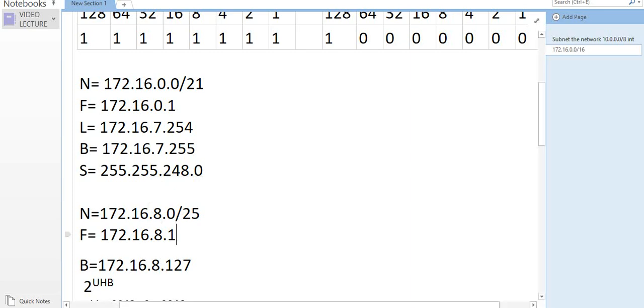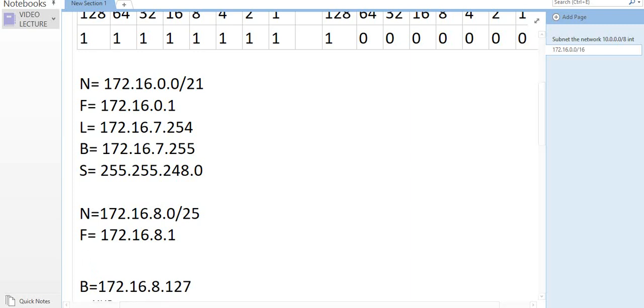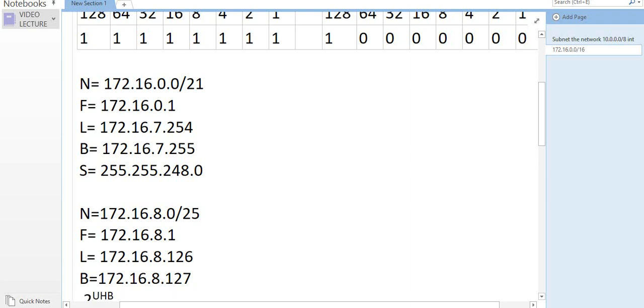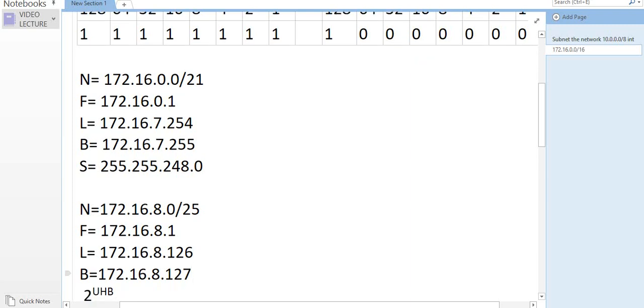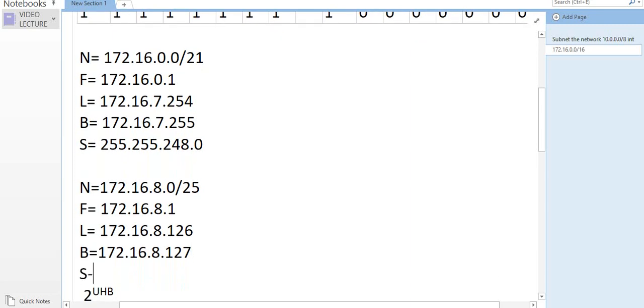So the last valid IP address would be, sorry about that, sometimes it will be a slip of the tongue, so I'm going to try to clarify it more and more so you guys can follow. So 126. All right, so 126 is the last valid IP address. So your subnet mask would be 255.255.255.128